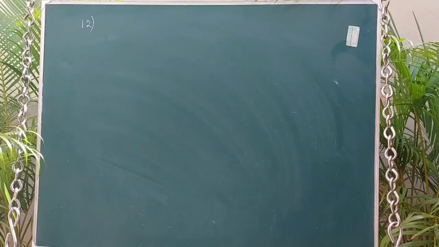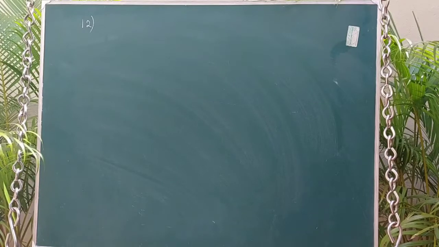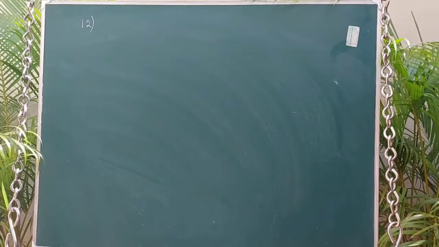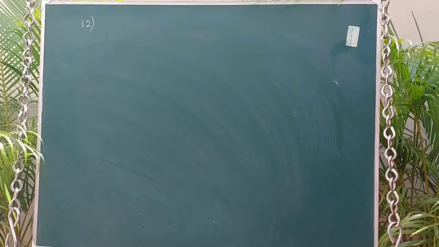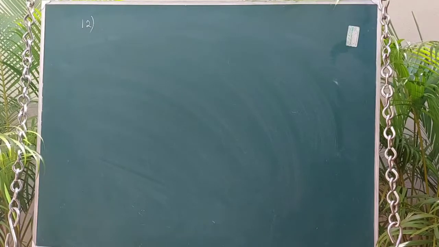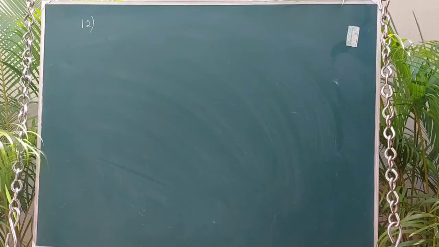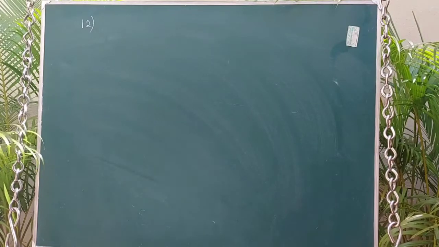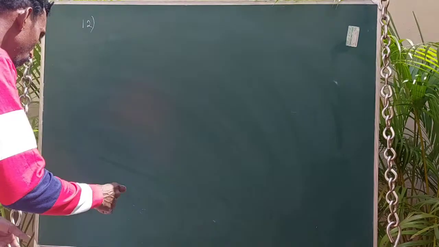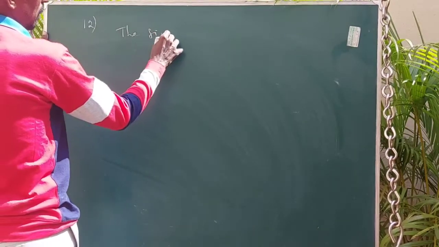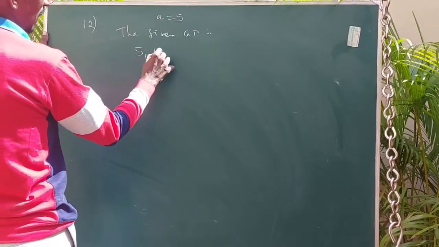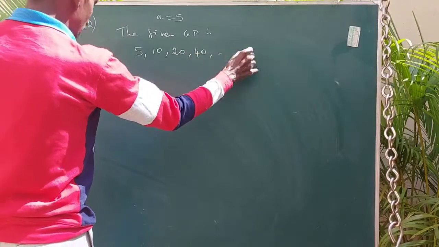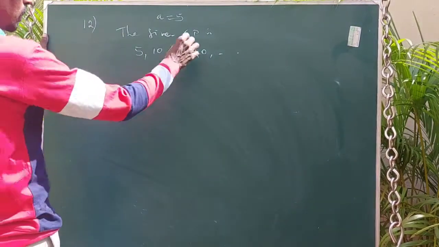Okay. So listen, my dear student, it's very simple. Initially it is 5, the particle gets double each day. Okay, each day. So second day it is 10, third day it is 10 into 2, 20, fourth day 20 into 2, 40. So since it gets double, it forms a GP. It is clearly given. So the given GP is 5, 10, 20, 40, etc. So here R equal to 2.